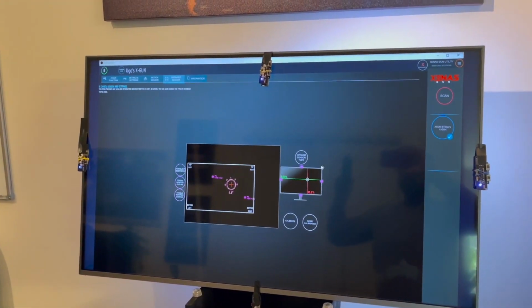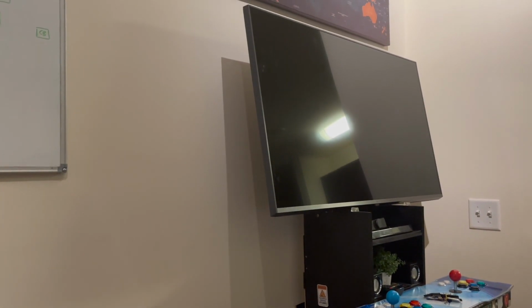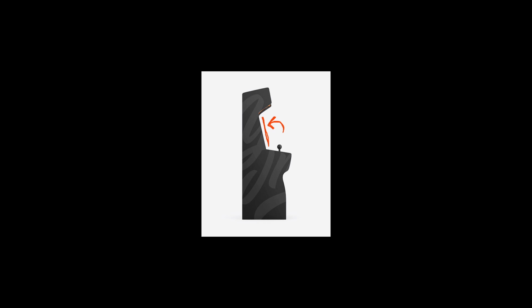If your monitor is flat and is facing you directly, there's no issues. But if your monitor is slightly slanted, which is gonna be the case for most people, if you look at your arcade setup, most people will have a slightly slanted monitor, and for that, when the camera looks at your